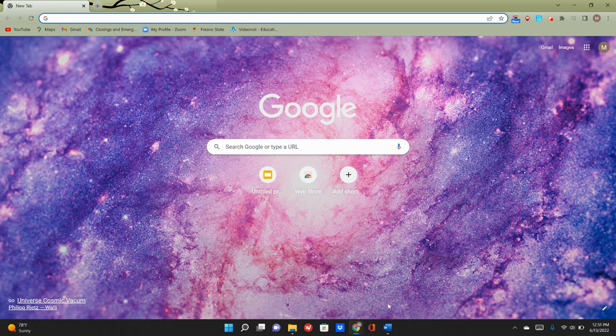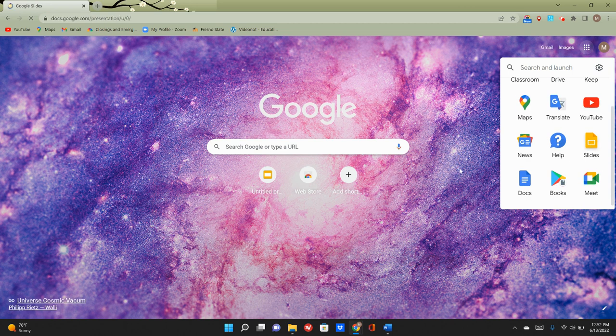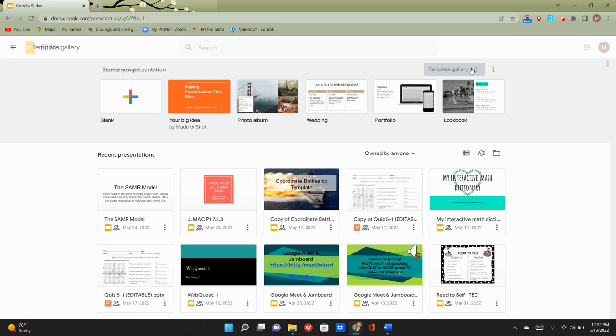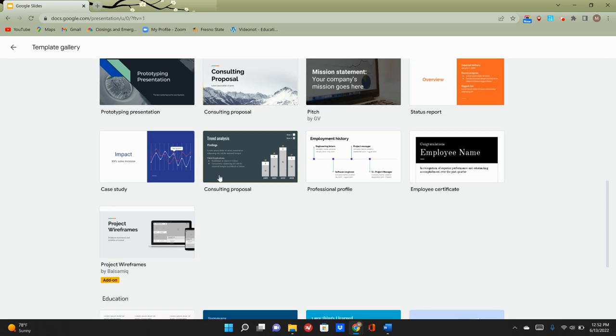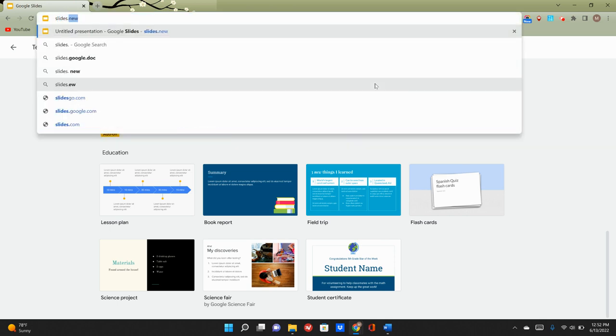to share with you today how easy it is to create, format, and navigate presentations in Google Slides. Let's get started with how to create the presentation. Take you to your 3x3 waffle, drop that down, find the slides icon. Here you're going to find where Google has pre-made a gallery for you to select some pre-made templates. We can also come to any web browser and type in slides.new